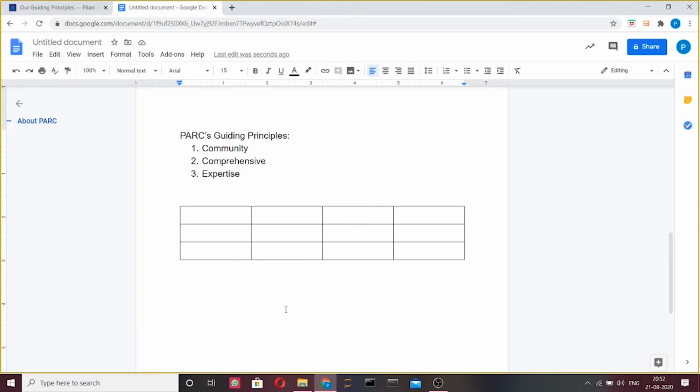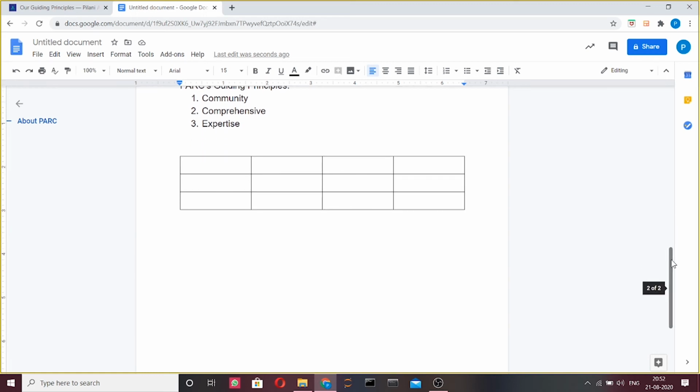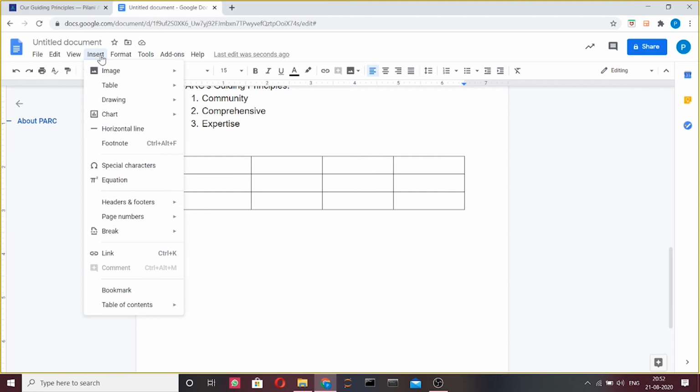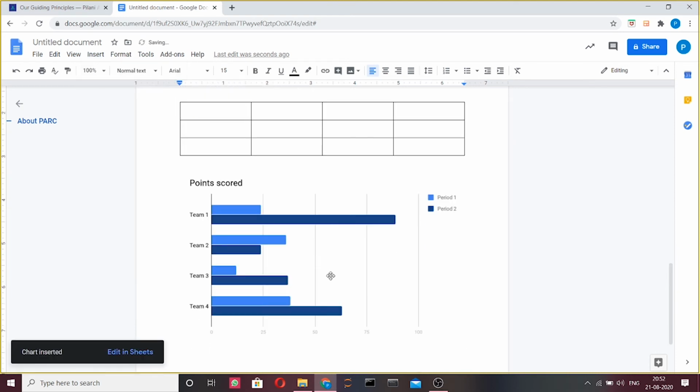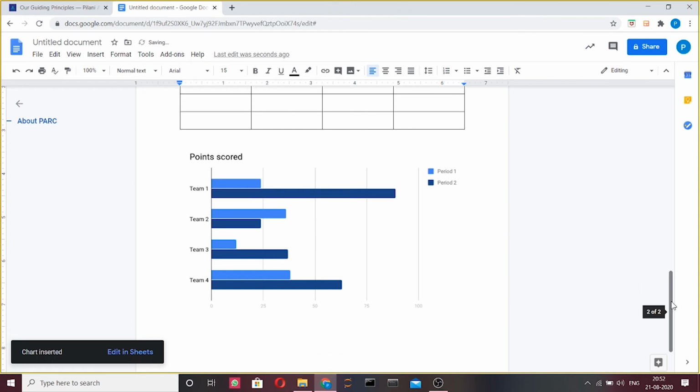Next we learn how to insert charts. For this, we first click on the charts option in the insert drop-down. Then, from the given options, we select the type of chart we need. Once you're done, a chart is displayed on the screen. It takes certain default values and constructs a chart. We can edit these values to plot the desired figure.